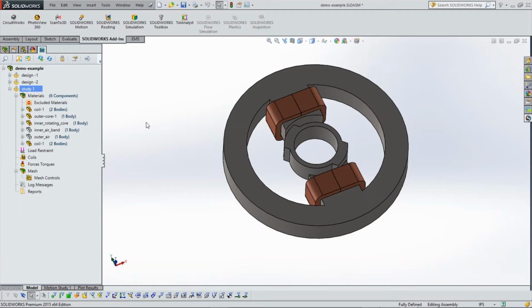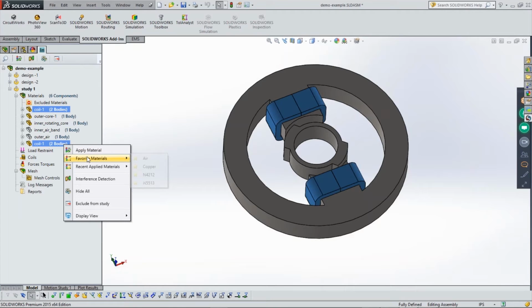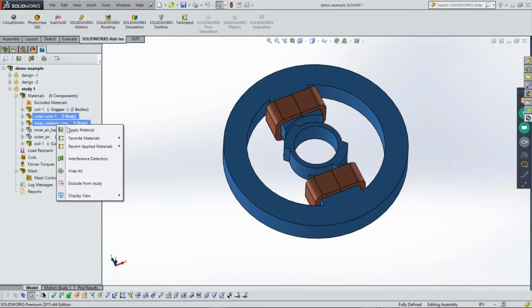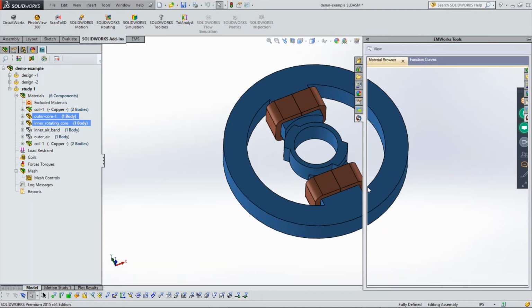Once the study is created, EMS creates a study tree. Now the next step is to define materials to your components. Okay, so let's select the coils, and then from my favorite materials, I select copper as my material of the coil. Okay. Next, we select the inner and the outer core, and here I'm going to apply a material,